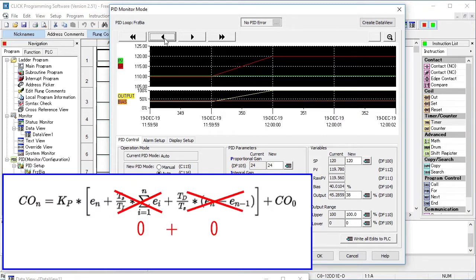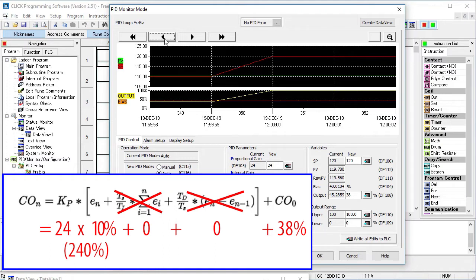We've zeroed out I and D, so we just need to take the error, multiply it by P, and add it to the original control output, which we had set to 38%. So at this sample time, the set point rose to 120 degrees, which gave us a 10-degree error, which happens to be 10% of our process variable's range, which we had measured in a previous video to be 68 to 168 degrees. Put that into the equation, and PID sees that it needs to modify the original control output by 240%. Well, the control output only goes to 100%, of course, so it slams into this rail at the next